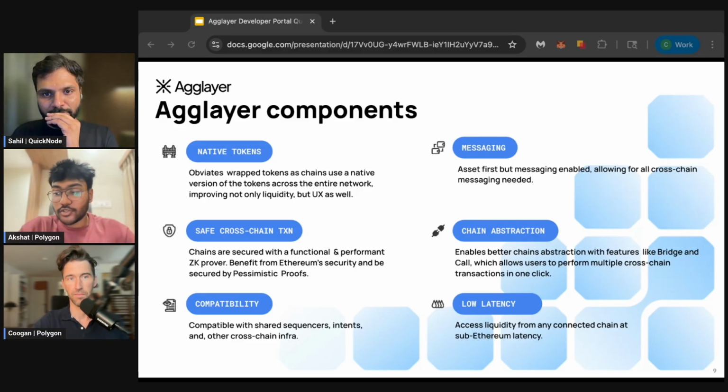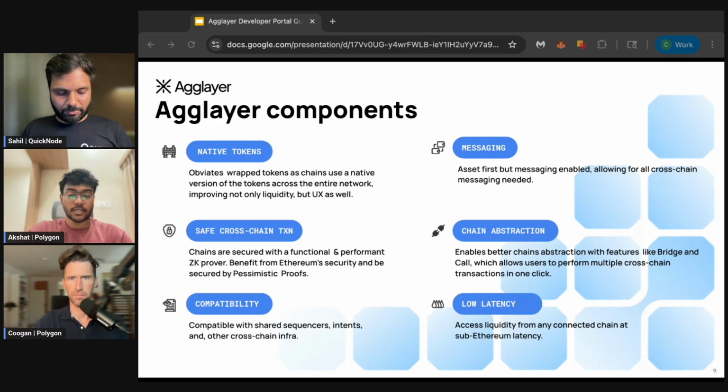So it's a term which indicates what its basic function is. Pessimistic, basically, because we want to make sure that the transactions that are happening cross-chain are secure. And the underlying technology that is built with these pessimistic proofs is SP1. We have a Succinct SP1 prover, the ZKVM there, which uses Plonky 3, which is Polygon's ZK proving technology, to make this possible. As Akshat said, just a different genre of ZK proof. So ZK proof is an overarching term, and this is a specific one that we're using specifically for cross-chain security